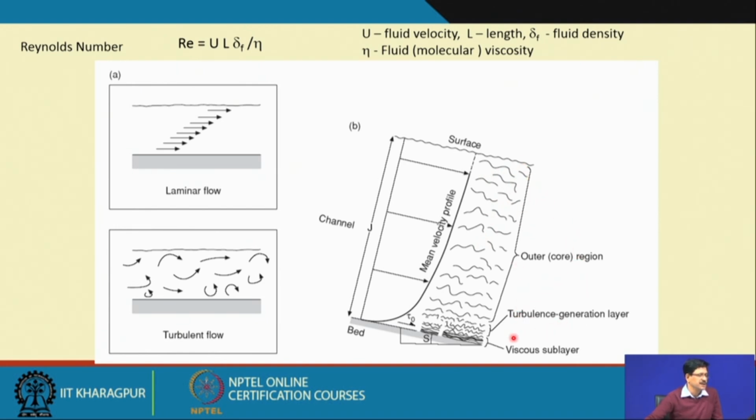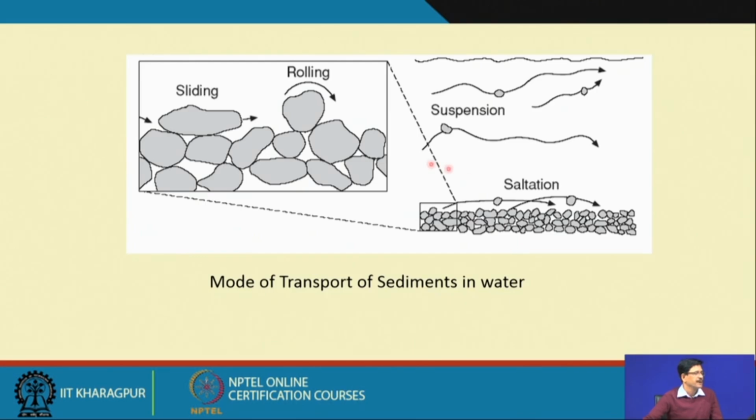And this is the outer core region, and most of the transportation of the river system will be taking place here. As we go up in the river section, the particle sizes will be finer and finer, they will be in suspension. The process can be visualized in this way. They are the closest to the river bed. These are the coarser particles which are transported by a series of jumps, or the saltation kind of process, where they could be sliding, they could be rolling,